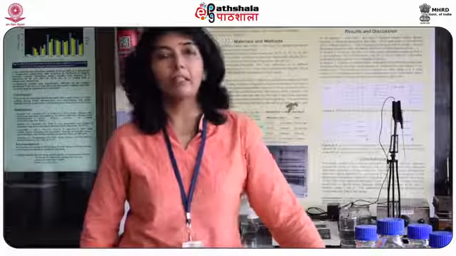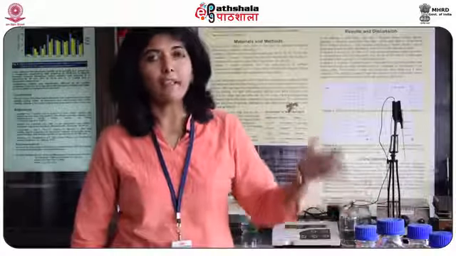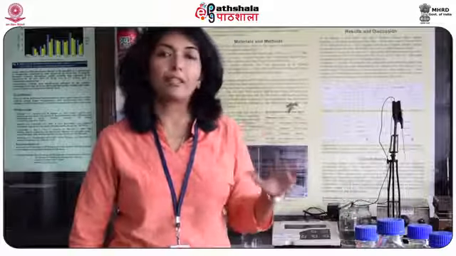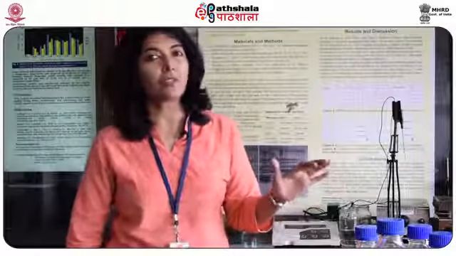Now in the growth room you will see there are racks, and in those racks there are lights fitted. The temperature in the culture room is maintained at 25 plus minus 2 degrees centigrade, and RH is around 60 to 70%. So we maintain our cultures there till they are ready for the next subculture, or till we have complete plantlets which are to be transferred to the field outside.